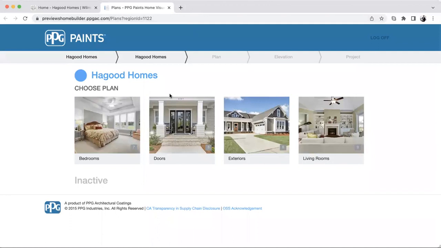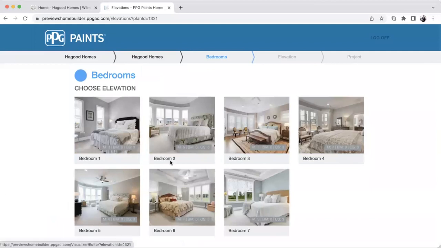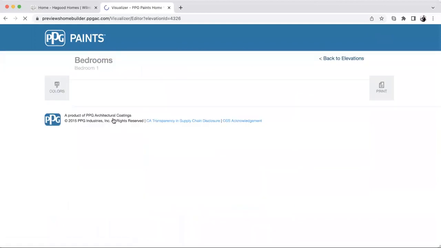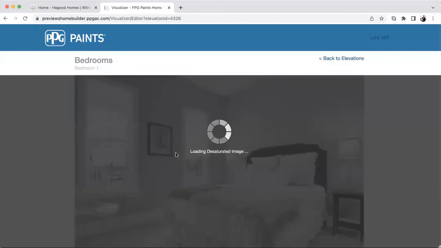Once you're on PPG's site, we actually do have a custom page with PPG. Here you can see we have different categories: bedrooms, doors, exteriors, and living rooms. Let's click on one and show you what it looks like. So, bedrooms. We'll go to this one here, and you can see we have preloaded